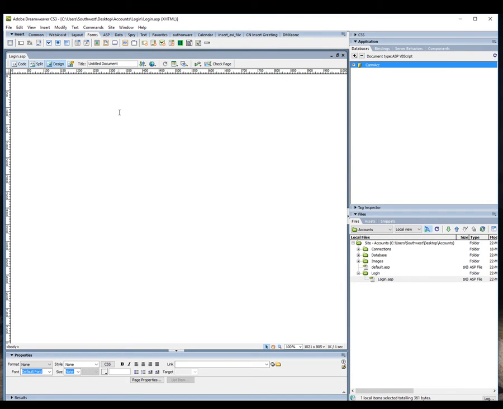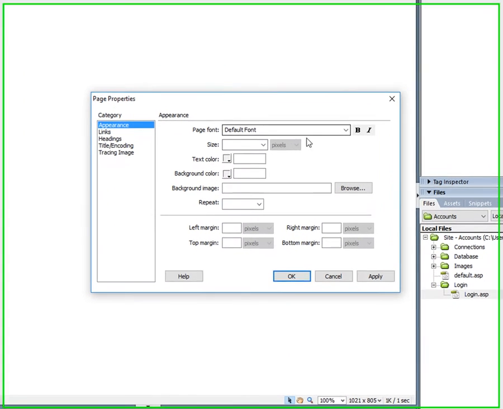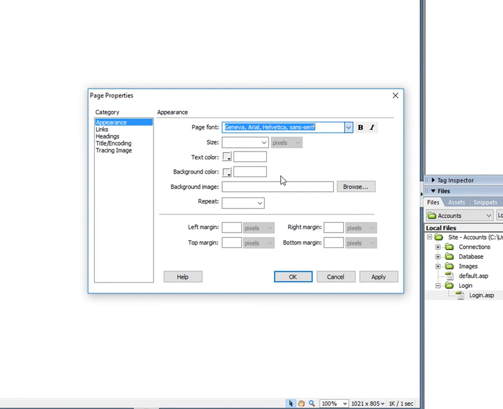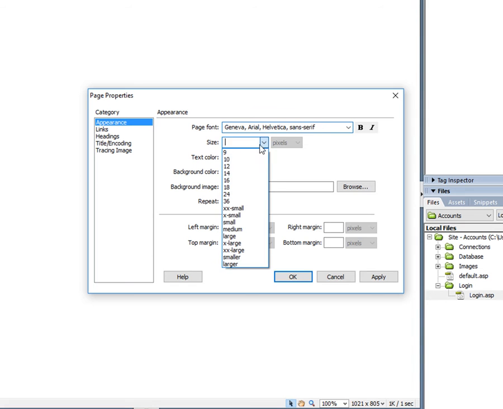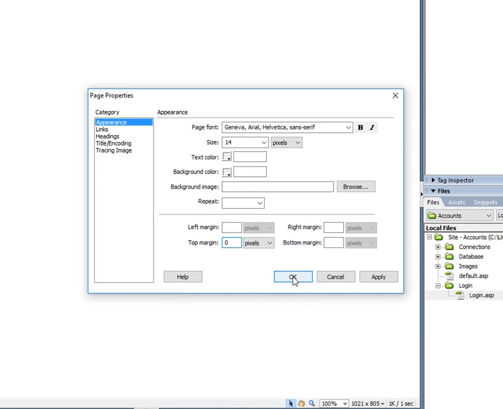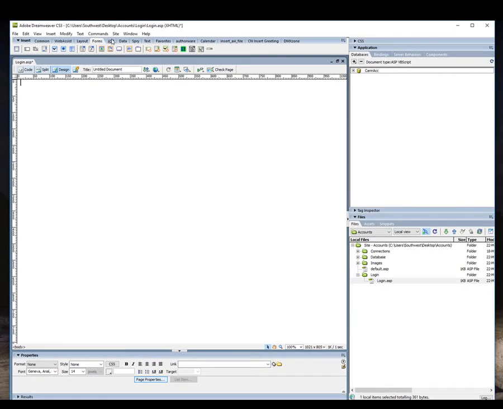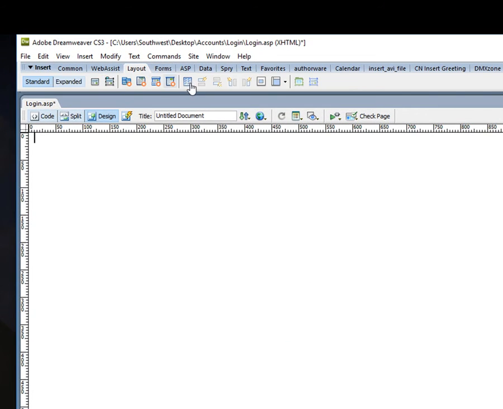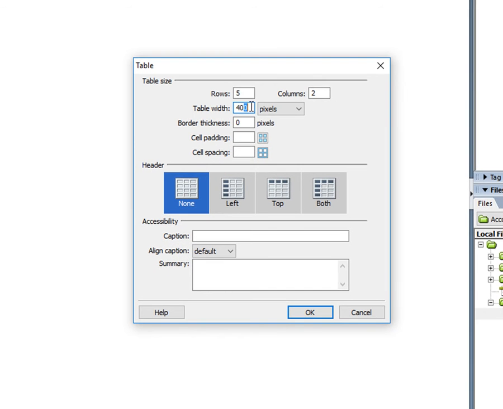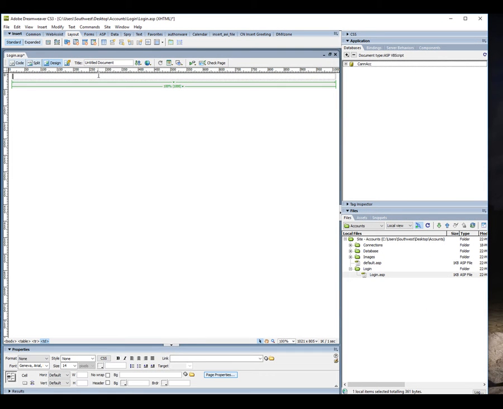Okay, double click it, and let's go to the page properties. I want the default font Geneva, font size 14, and the top margin 10. Apply and OK. Alright, and go to layout, get a table, I need 1 row, 1 column, 100%. Okay, and inside that table, click on the row, and I will get another one,